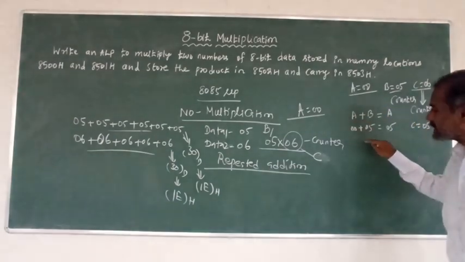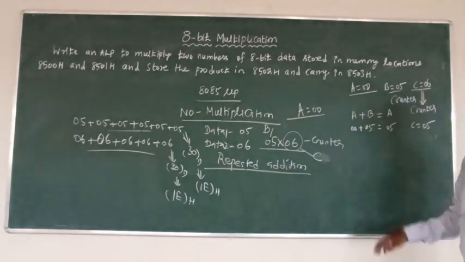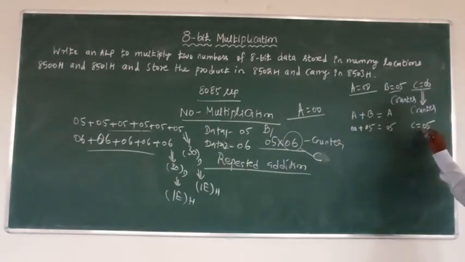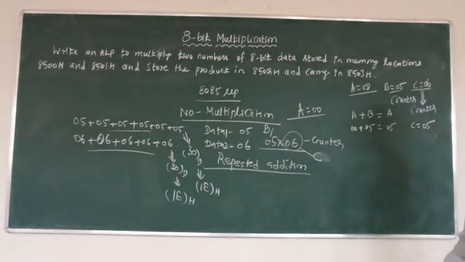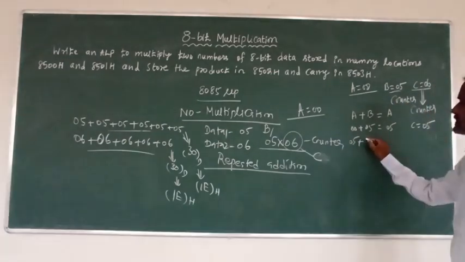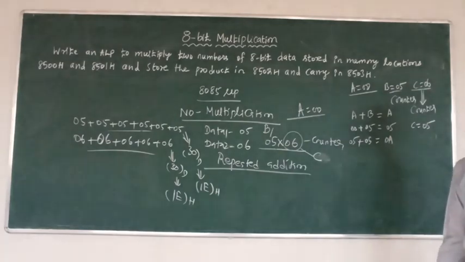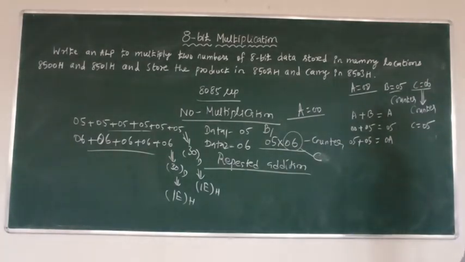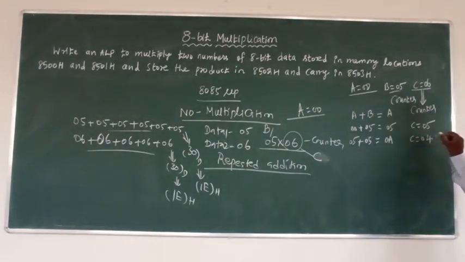Then only can we get the repeated addition result. We have to add 6 times. For that, decrement the C register by one each time. Now C equals 05. Now check whether it is 0 or not. No. Again add A plus B. Here A is 05 and B is 05. Adding these two data gives 0A in hexadecimal, 10 in decimal. Next decrement C. Now C equals 04. Check whether it is 0 or not.